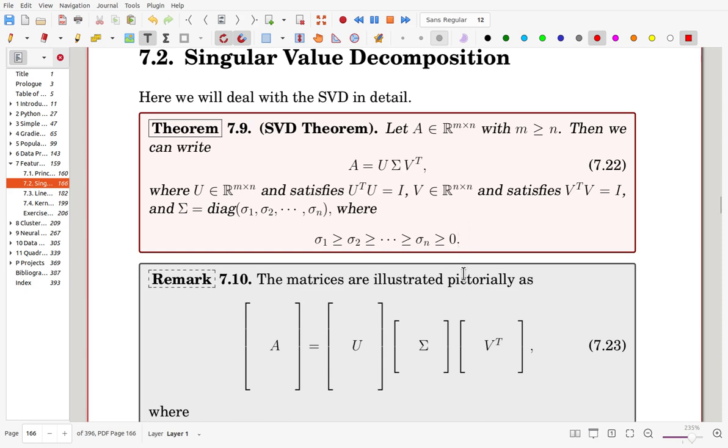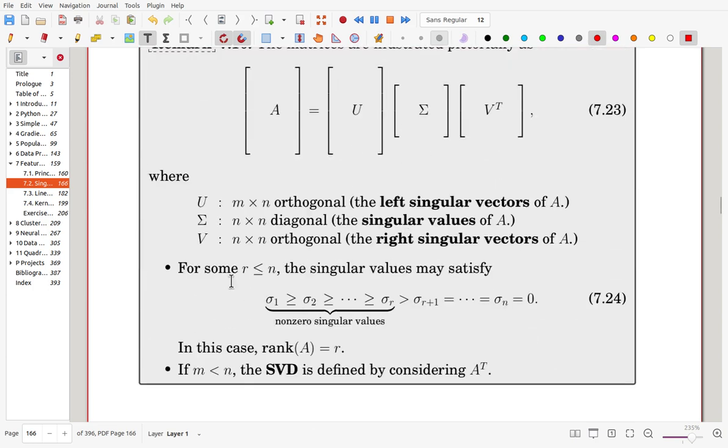Here, in shape, it is given in this way. A is a tall matrix, then U is the same size as A, and sigma and V transpose are square matrices. Okay, here U is called left singular vectors, and sigma is called singular values, and V is the right singular